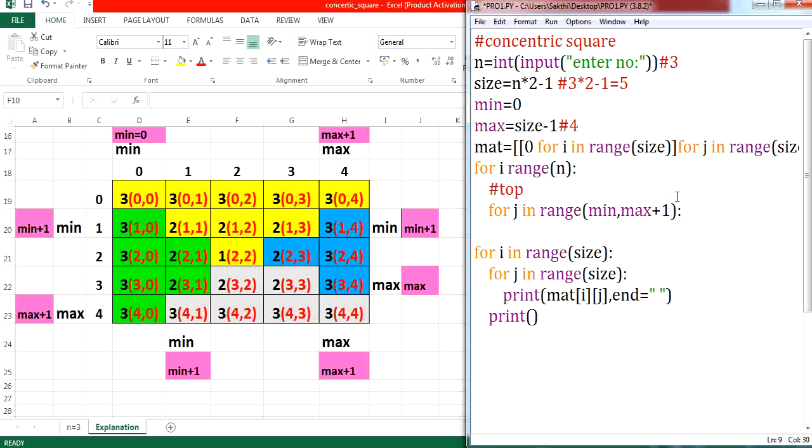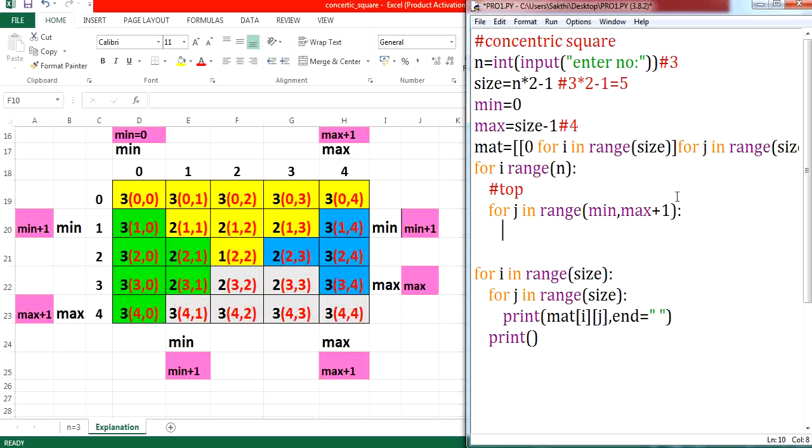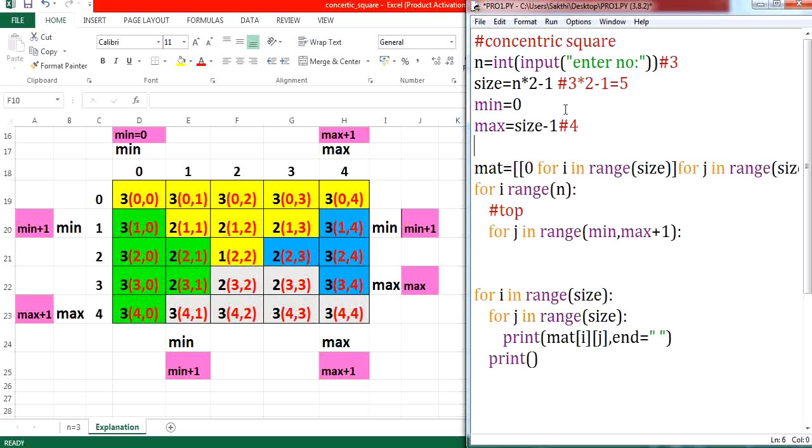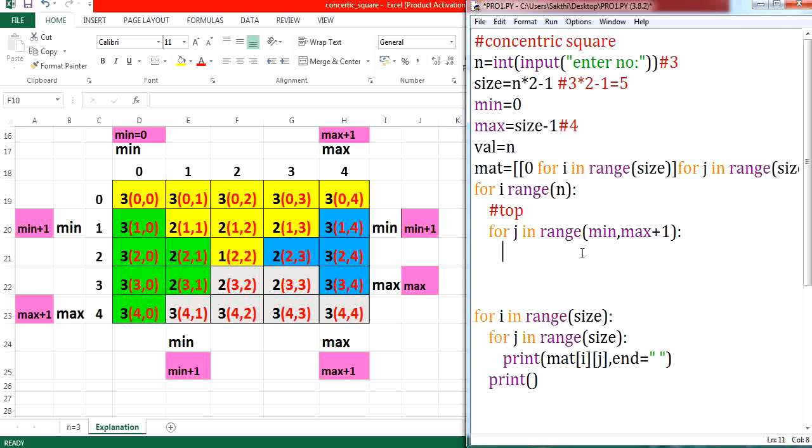And here I am supposed to assign a value for it. What value should I assign for this particular index position? The user given value. So let me have one variable named val, and let me initialize it with my n value. Since I am going to decrement this value, I am not going to disturb my original value, so I am assigning it to another variable. Now let me initialize: as we know that the matrix name is mat, and assign val. Now we are supposed to identify the position where we are going to print this.